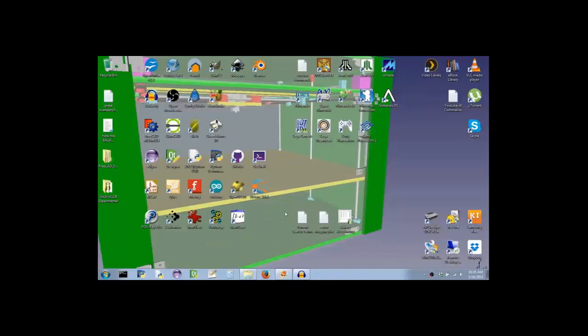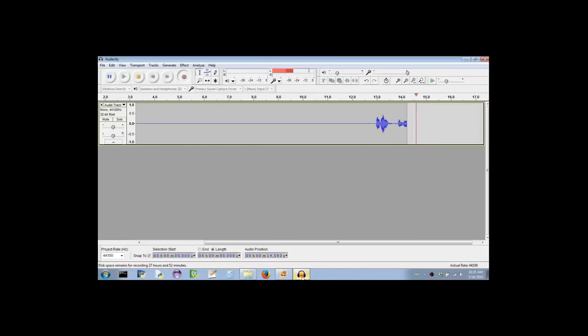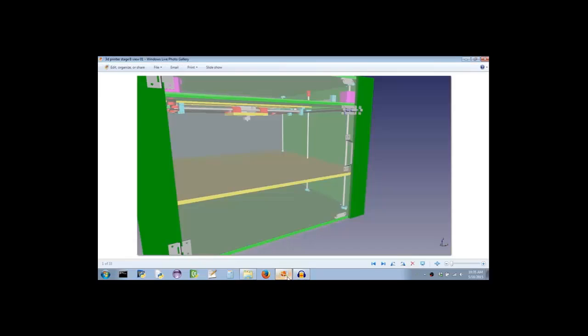Hi guys, I'm going to teach you how I assembled my 3D printer using FreeCAD. I actually modeled all the parts in here. All these parts I modeled in FreeCAD. Some of the parts, like the handle here and this latch here,